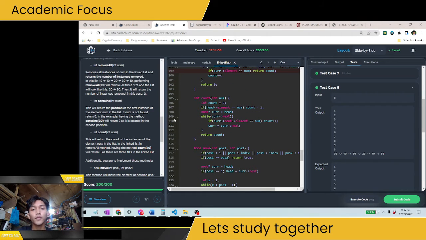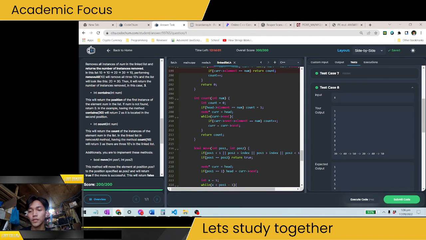So in this one, in our count, let's say this will return the count of instances of the element number in the linked list. Okay. So let the remove all method having the method count. Okay. So in our function count here, it will just return how many instances